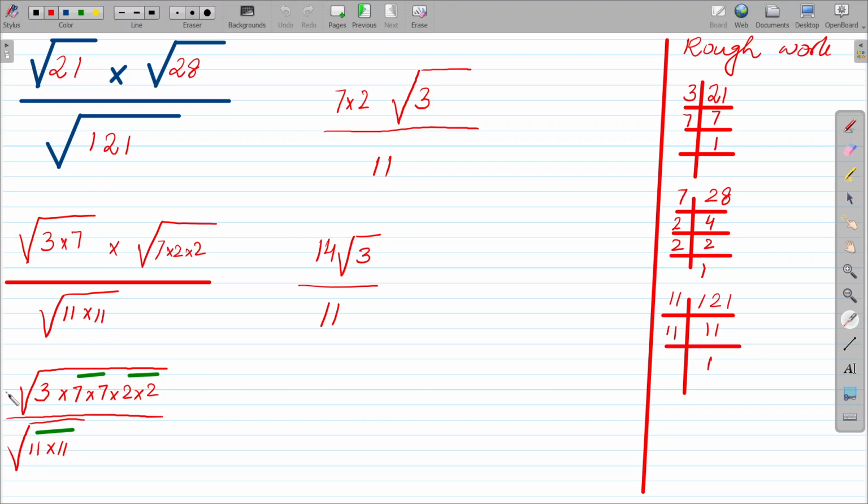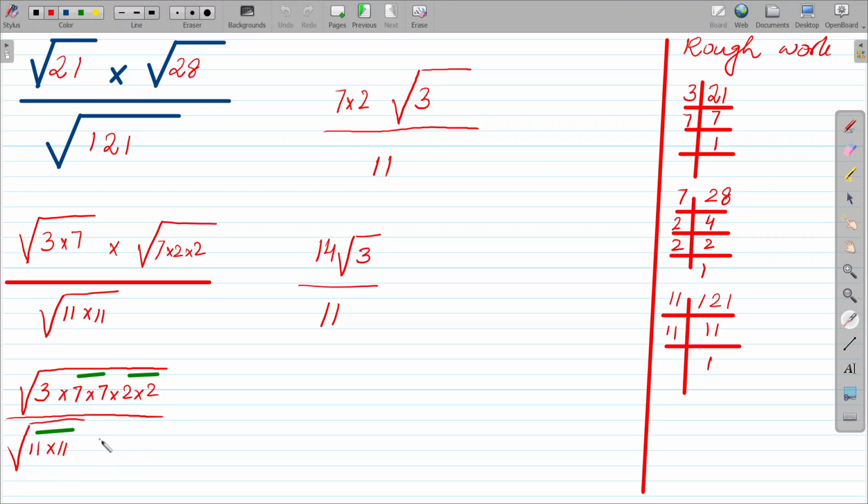Okay. If you look now further, in this radical sign we have a couple. We have 7 and 7 as one pair, and we have 2 and 2 as another pair. Okay, because they were 3 into 7 into 7 into 2 into 2. So we have put it all in one radical sign because they were 2, but we can also put it like this. It's one and the same thing. Okay, so what does this mean? And if we look at the denominator, in the radical sign we have another pair